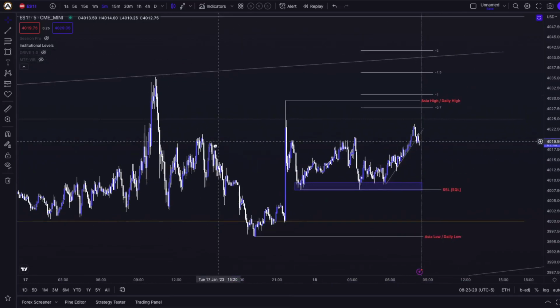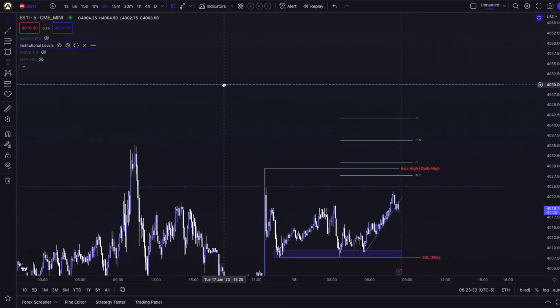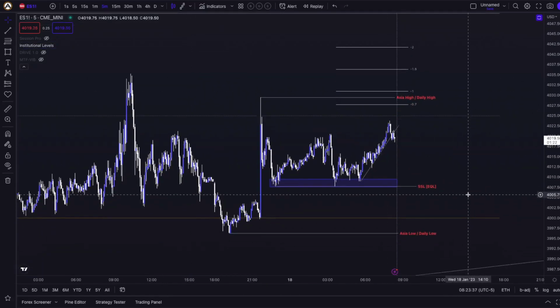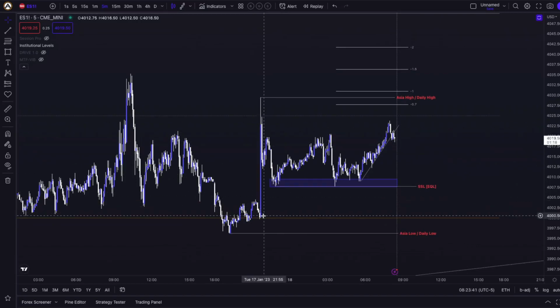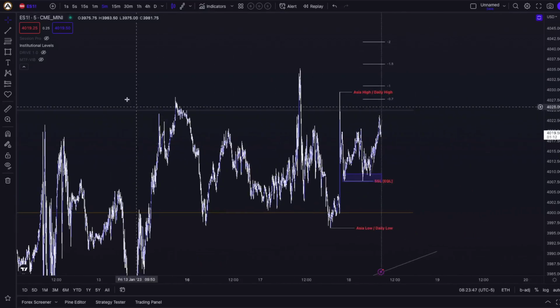So let's turn off the drive and get rid of this line, and get rid of the institutional levels indicator. Currently we're in between this 25 handle range from the 4,000 key level up into the 4,025 key level. Another thing that's interesting is,